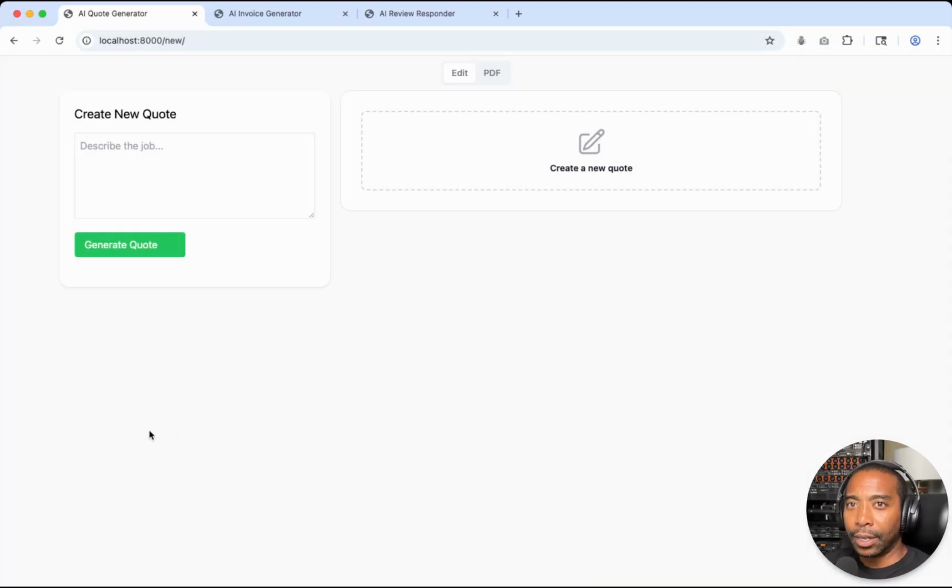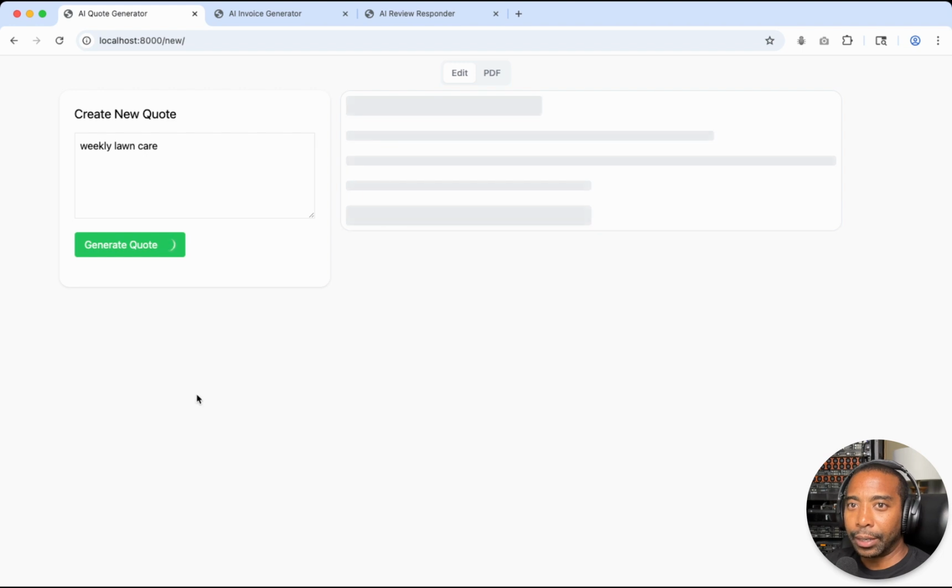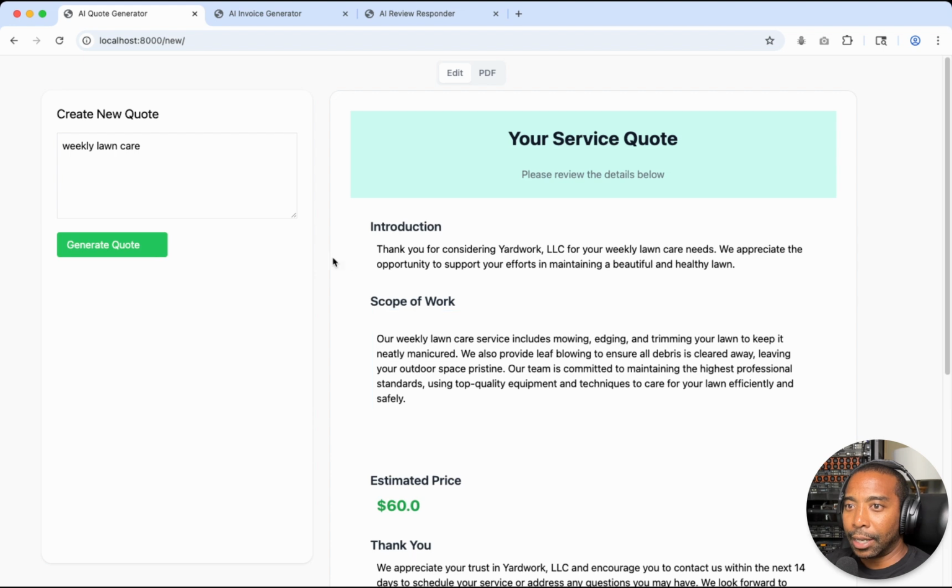All right, so day 1, I created an AI quote generator. So basically, a home services person would use this for new customers. So perhaps your lawn care provider and a customer came to you and said, hey, I'm interested in your weekly lawn care. So I just type that in, weekly lawn care, hit the generate quote button, and that's going off to OpenAI and comes back with introduction, scope of work, estimated price, and a thank you, all dynamically generated from your 3 words here. Has your company name,